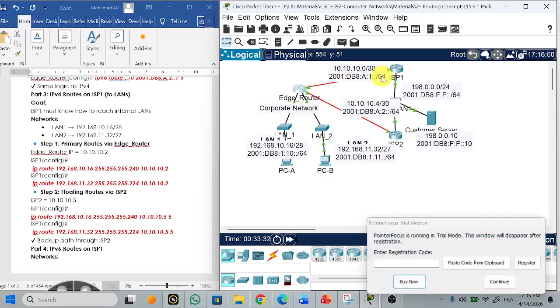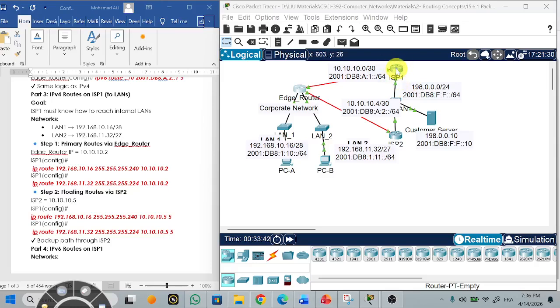So we need to configure here how ISP1 must reach these internal LANs. Okay, also here. So what we are interested in doing is to configure at this part of the LAN. Okay, so to configure this LAN,